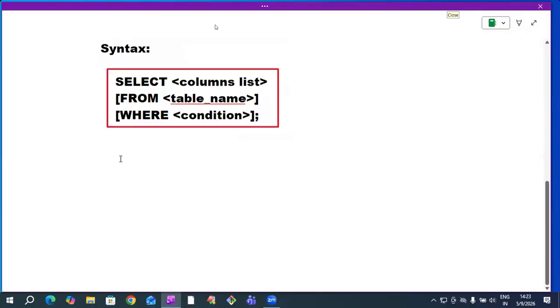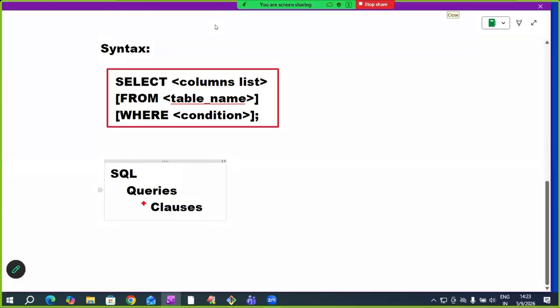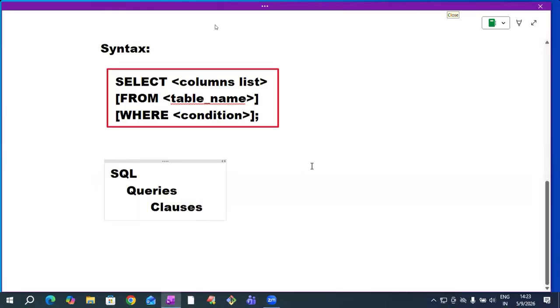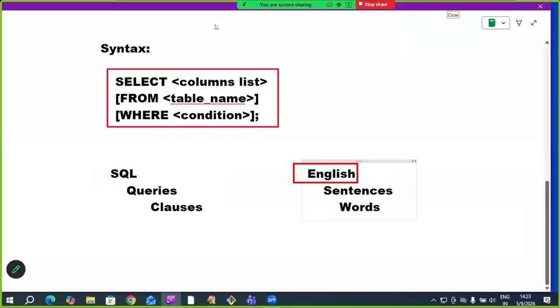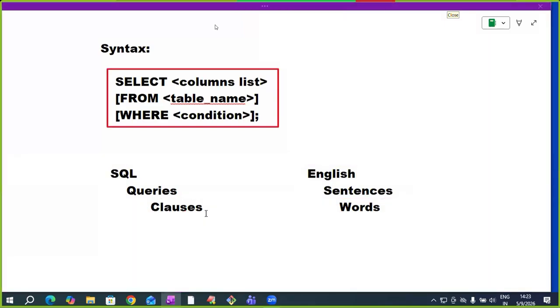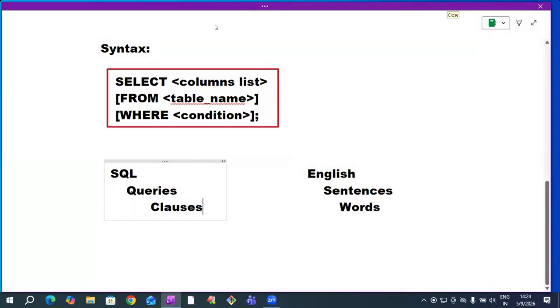Okay. One important point I'm telling you, listen. You already know SQL is a query language. In query languages, we develop queries. To develop the queries, it provides clauses. This term is important. Just like English is a language, in the English language we write sentences. Every sentence is made up of words. Like that, SQL is a query language. In query languages, we develop queries, and every query is made up of clauses. Okay, this is select.